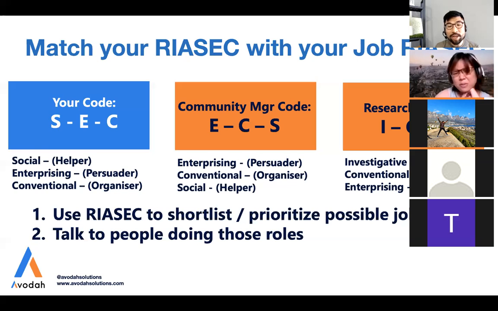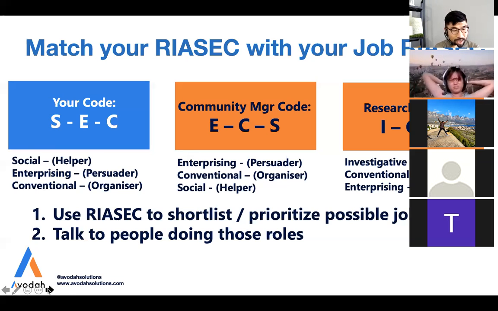Okay, because we all have so many options, using this method allows you to prioritize, shortlist, and rank which one you should put more focus on, and which one you should possibly totally eliminate. You'll realize that the I part for me is low, so in this case, the researcher role is maybe something that I should not consider at all, right? So this is one way that you can actually match your RIASEC with your next job, interesting jobs, all right?